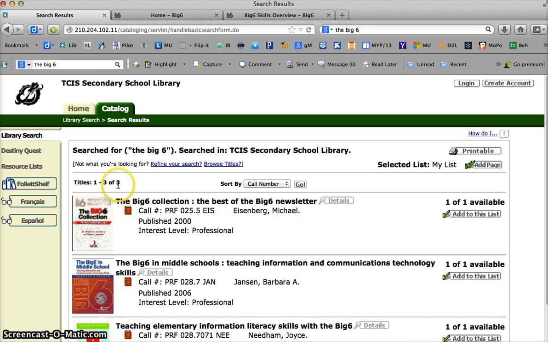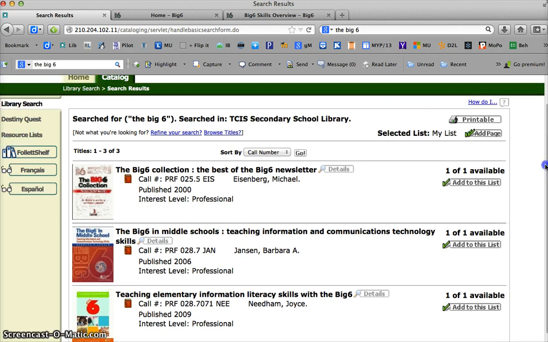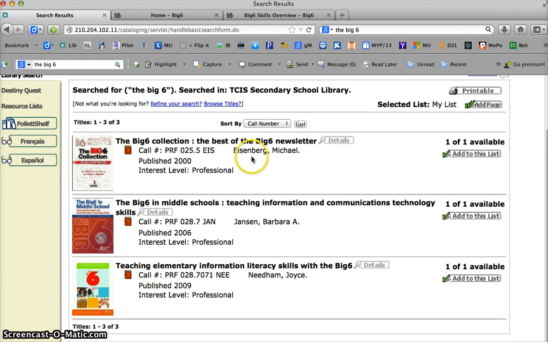Okay, and we have three resources in the TCIS library: the Big Six collection, the Big Six in middle schools, and teaching elementary information literacy skills with the Big Six. And that is a pretty good list of materials. I'm also noticing that this author, Eisenberg, is here. I think I'm going to search to see if we have anything else by Michael Eisenberg that is related to